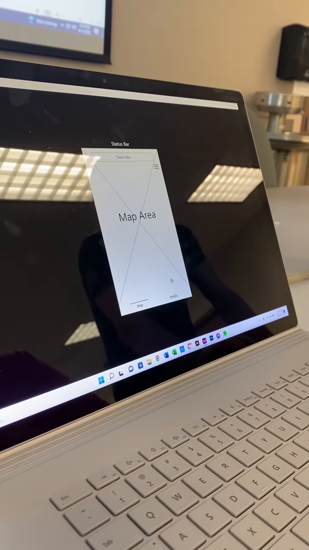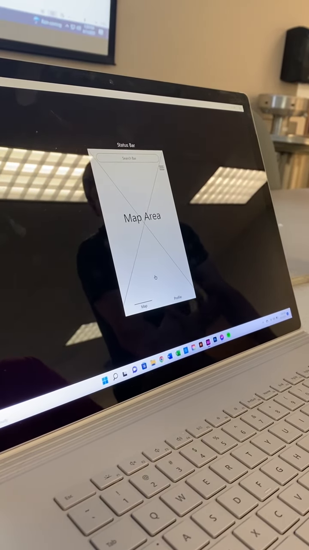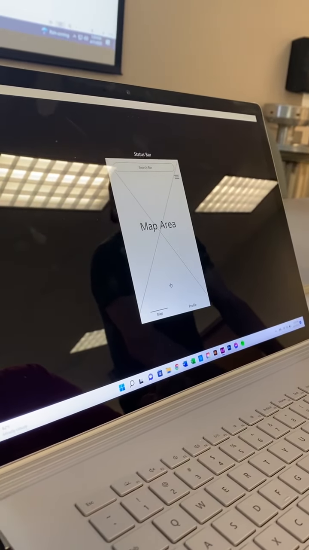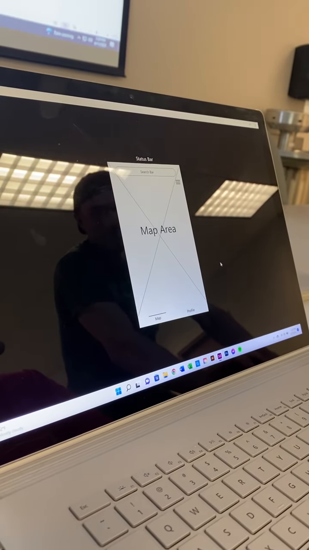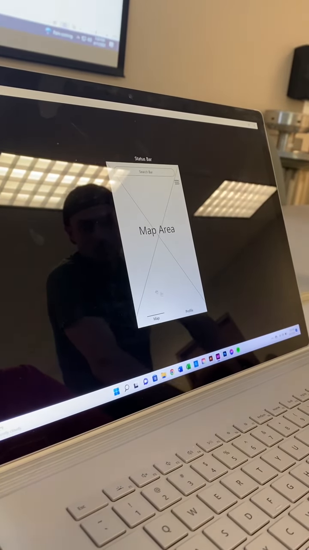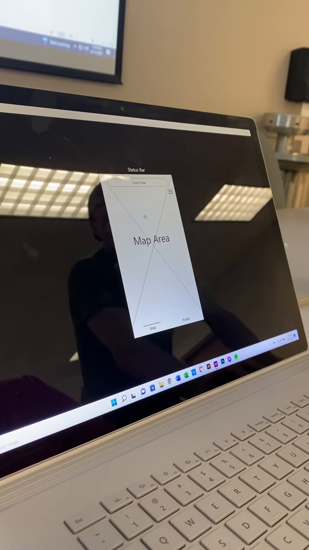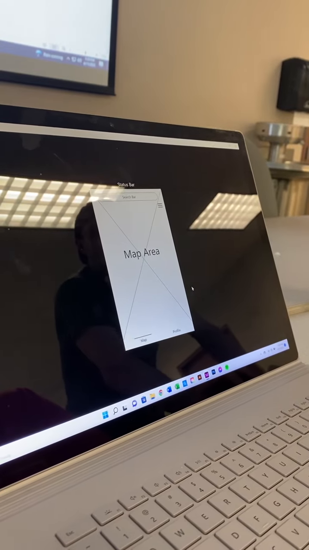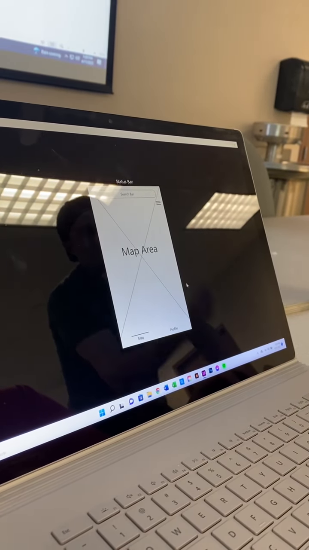Okay, so here's the map. I should have probably put a little bit more into the map area. Well, what I'm wondering is there's 2 floors in this building. So is this just... Oh yeah, I didn't really think about the levels here. Maybe you could have it where you can click floor 1 and then floor 2 at the bottom or whatever. Yeah. That could be something that could be added to the menu.